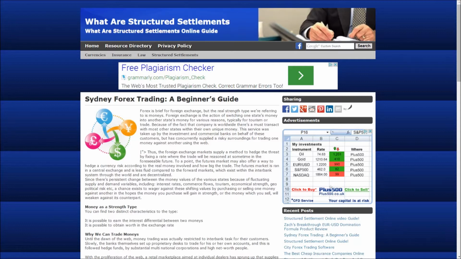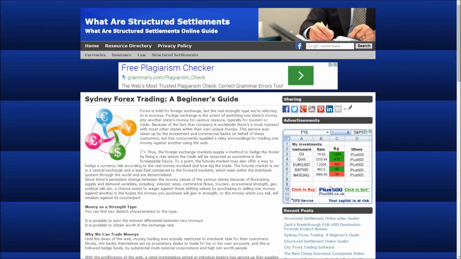for tourism or commerce. Due to the fact that business is global, there is a need to transact with most other countries in their own particular currency. After the Accord at Bretton Woods, in 1971, when currencies were allowed to float freely against one another, the values of individual currencies have varied, which has given rise to the need for foreign exchange services.